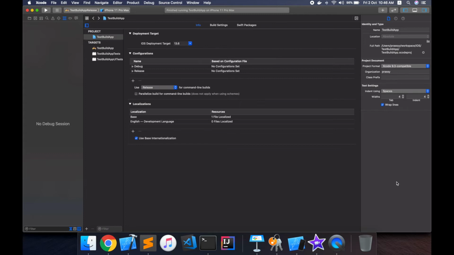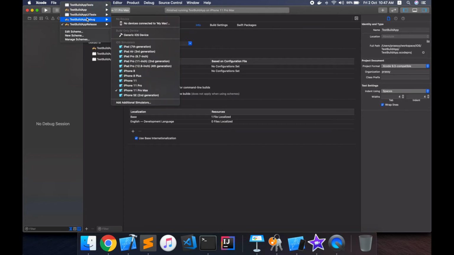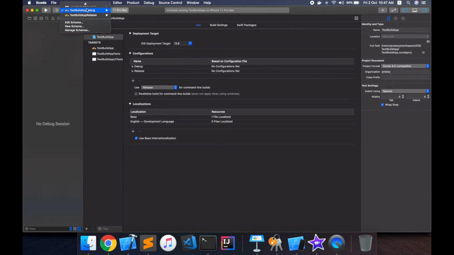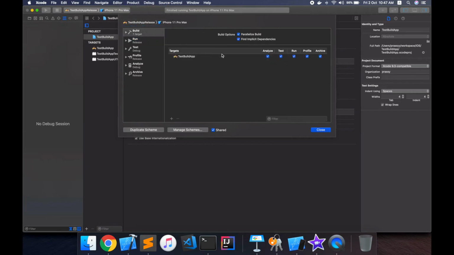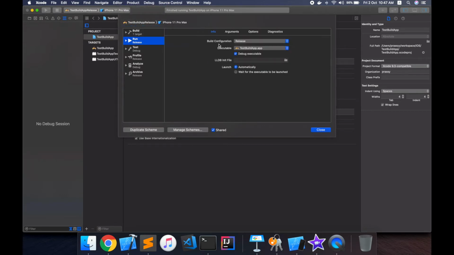with a practical example. If you remember, we created two schemes called test build app debug and test build app release. The difference between both of those is that the test build app debug has the build configuration set as debug, and the test build app release has the build configuration set as release.